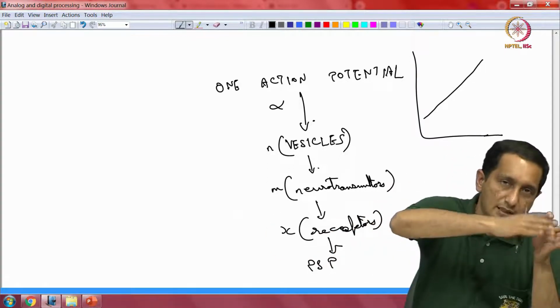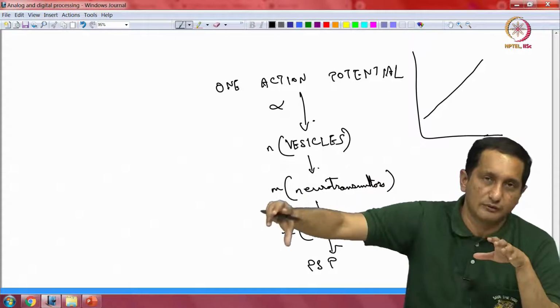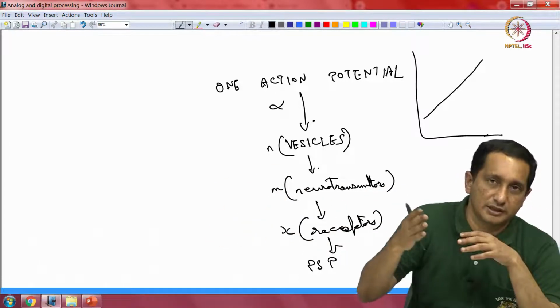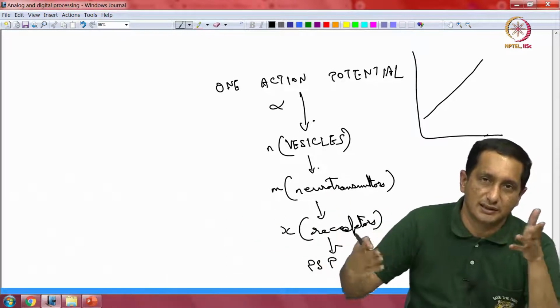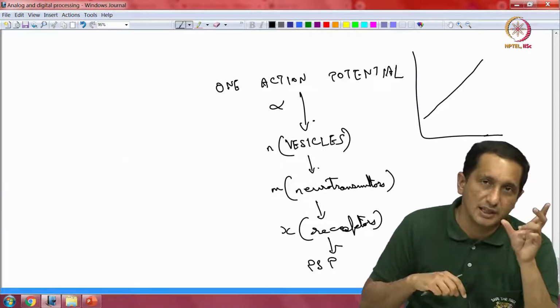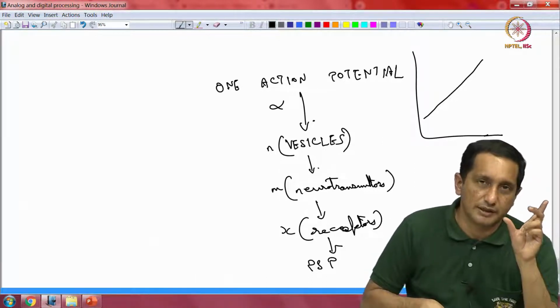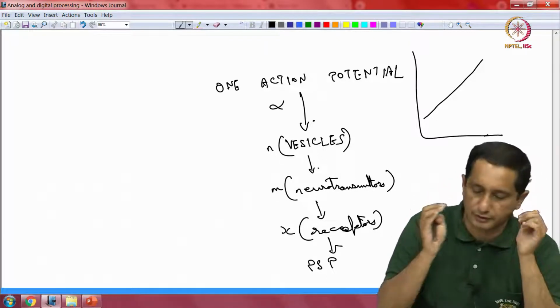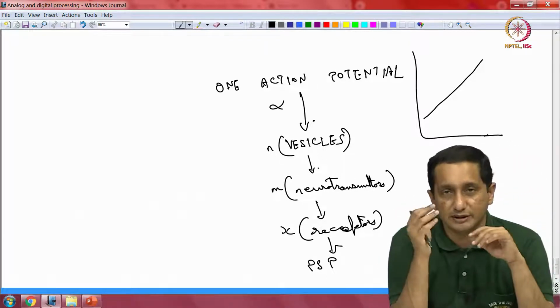So, you have one action potential, a certain amount of vesicles released, and if you get 10 action potentials, it would be 10 times the vesicles get released. Internal regulations ensure the number of vesicles which can be released, and each vesicle contains a fixed quantity of neurotransmitter, a molecular concentration of neurotransmitter, which in turn acts upon receptors.